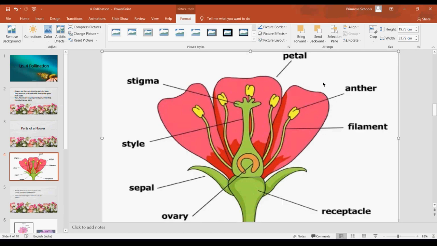I will tell the parts and you have to show them correctly. In online class also I can do this. I will show a part of a flower and ask someone to identify and name it. So silently look at the screen, observe the picture.